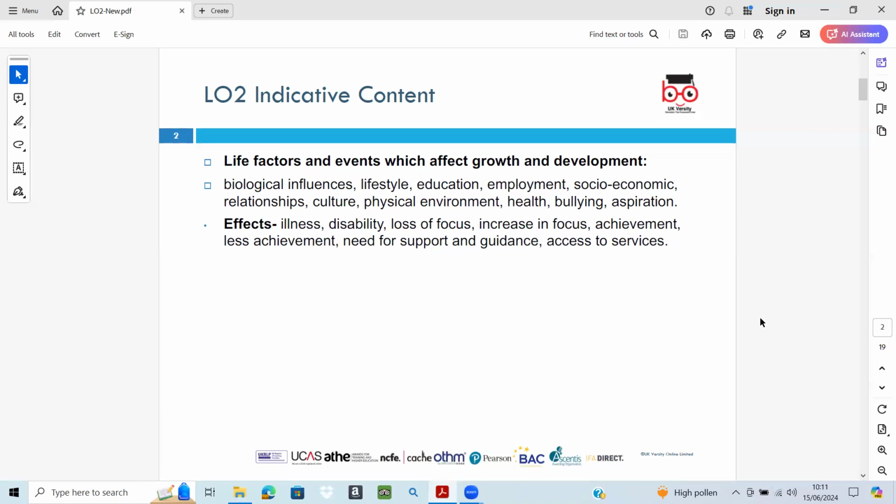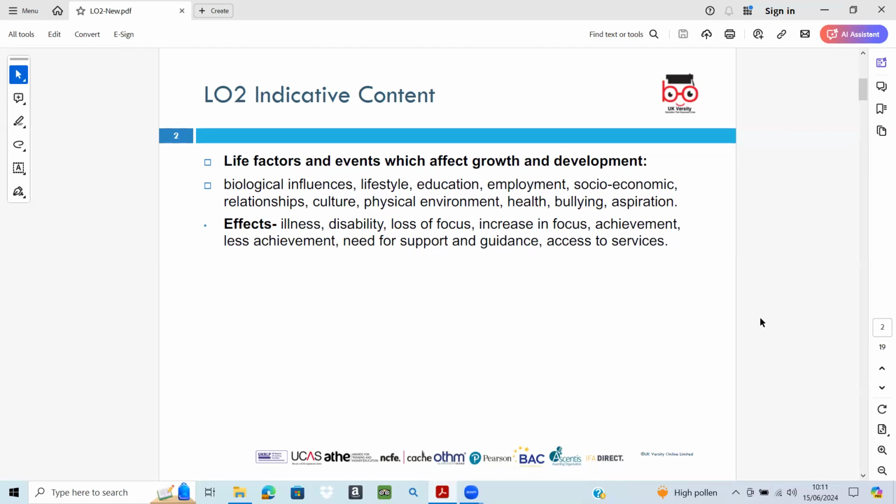Biological influences include genetic factors, prenatal conditions, and physical health. An example could be genetic predispositions to certain illnesses such as diabetes or heart disease, which can affect an individual's physical growth and overall development. Similarly, a child born with a genetic condition like Down syndrome will experience different developmental milestones